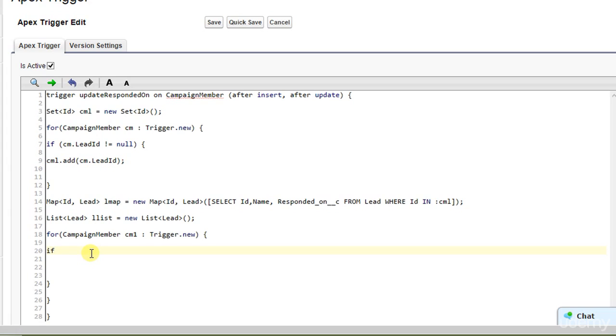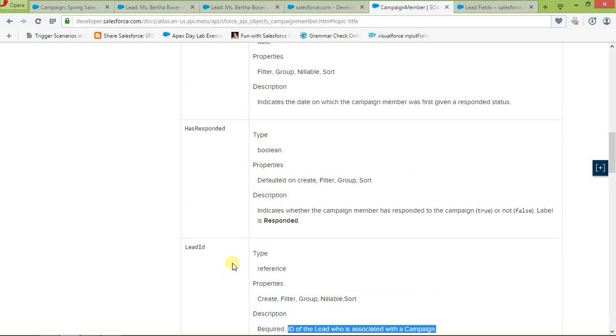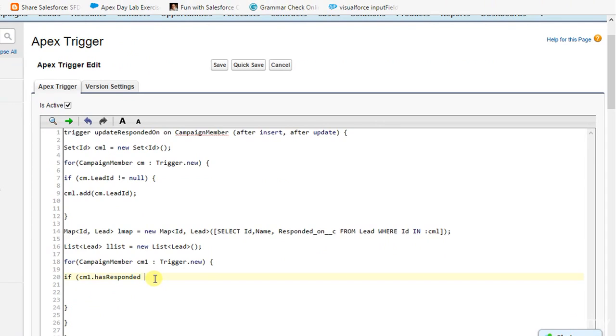So if cm1.HasResponded. This is also an API name. As you can see here, HasResponded is the API name. If the campaign member's status is changed to responded, then this is the API name for that. So if cm1.HasResponded equals true,